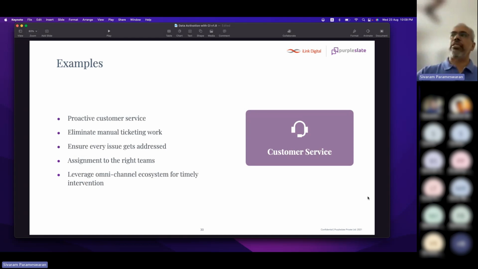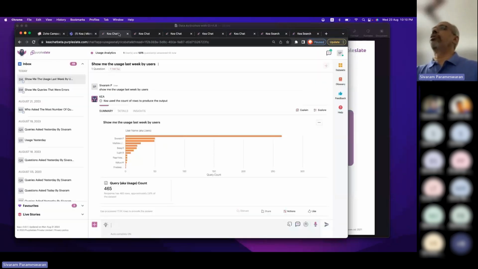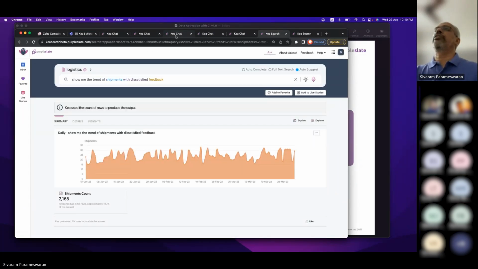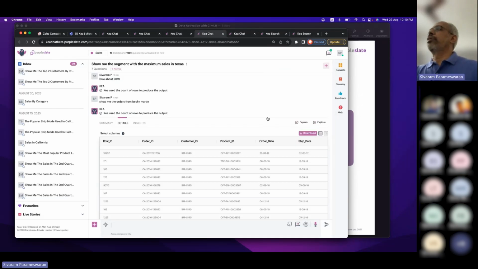The second one is customer service. Let me give you an example: if we have an ability to track the user experience, or even the website performance, and the bounce rate is very high, how do you really act on it? Those kinds of things, again, going back to this example of where we have our, let me just get here.